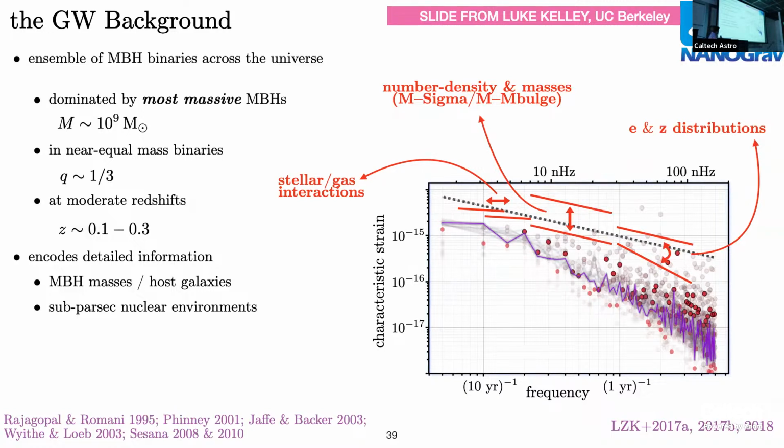What happens in this spectrum encodes different physics. So if the spectrum, for example, goes from being steeper and then it turns over at low frequencies, where that turnover happens and how strongly it turns over will tell us about, say, stellar and gas interactions in that supermassive black hole binary. The overall scaling of this thing will tell us about the number density of supermassive black hole binaries in the universe and about the different masses that we're sensitive to. And then at higher frequencies, how this spectrum deviates from our typical 13/3 will tell us potentially something about the distribution of eccentricities of these binary orbits and the distribution in redshift of the binaries that we're actually seeing.